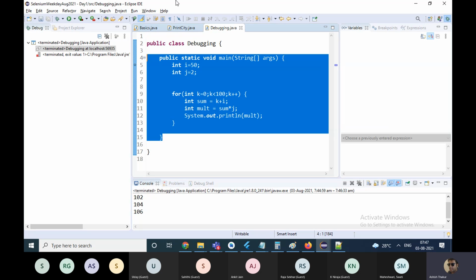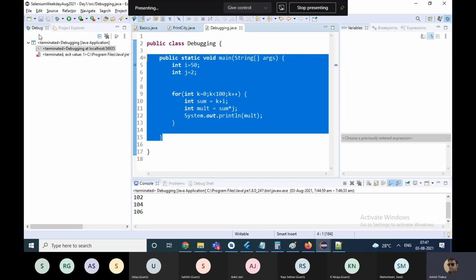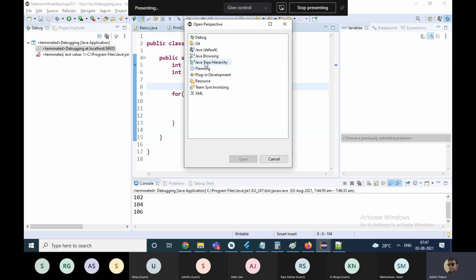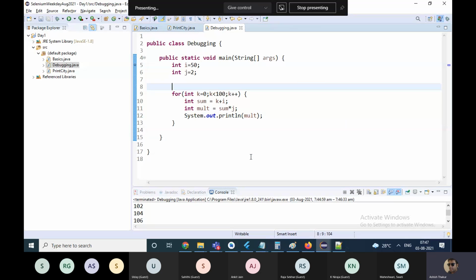All right. So this was about debugging and basics of Java. Hold on. You click on this icon now. This is the open perspective icon, and you select the Java default perspective, and you will be coming back to the original screen.